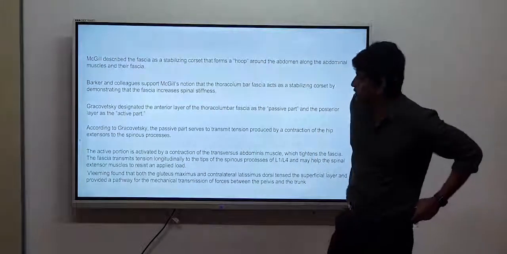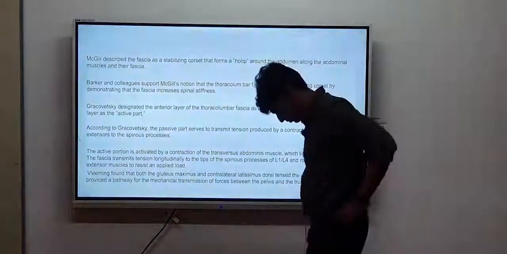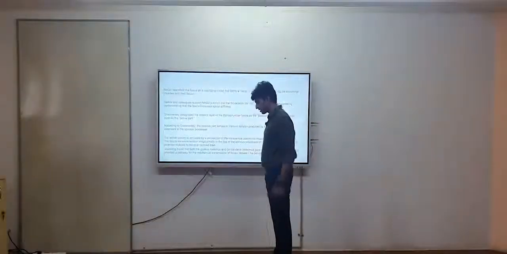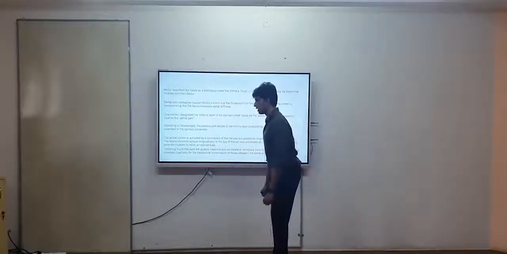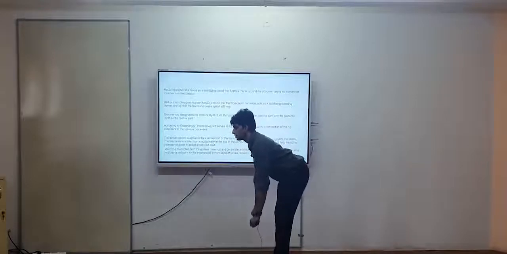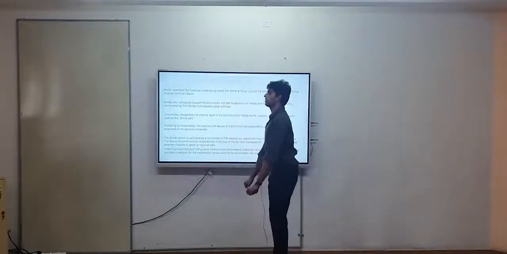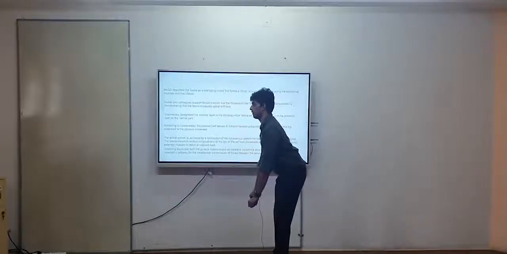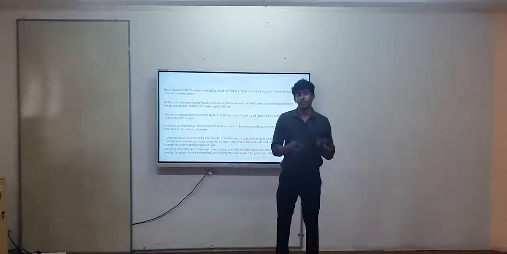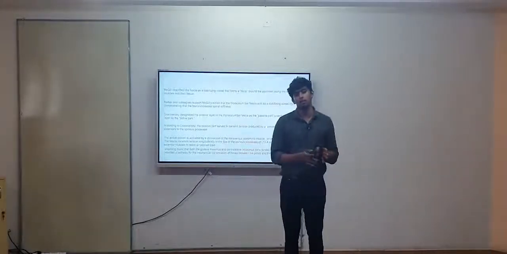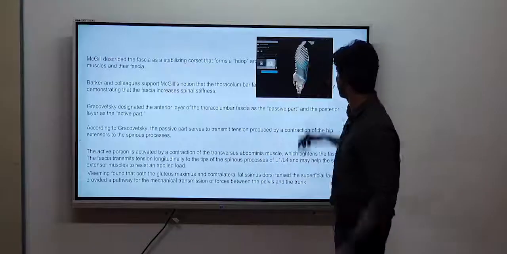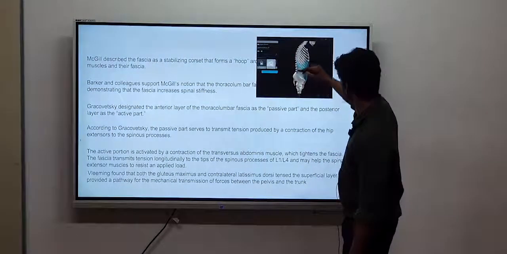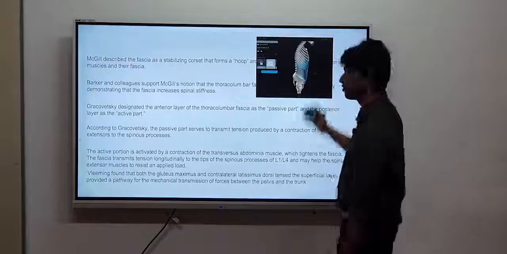I'll give you another example. If you are standing straight and you bend, for example, I am giving a mild arch over here, and I am partially bending the knee. If you go forward and come back, I am repeating the movement. Do you have an idea which muscles will be working more? It's almost the same posture, but I have given an arch over here. So which muscles will be working more?